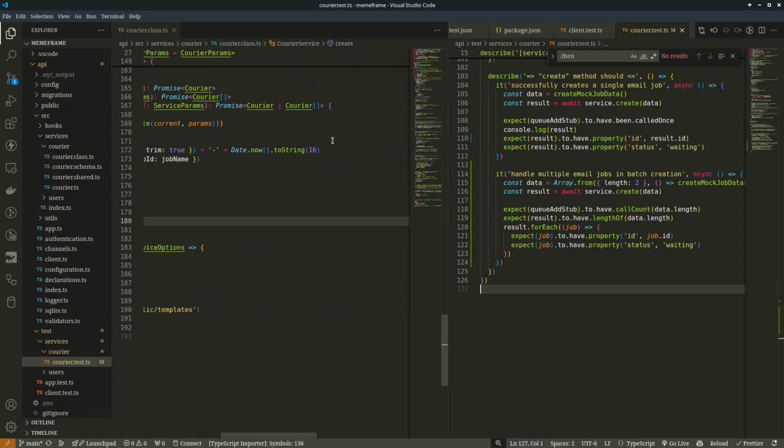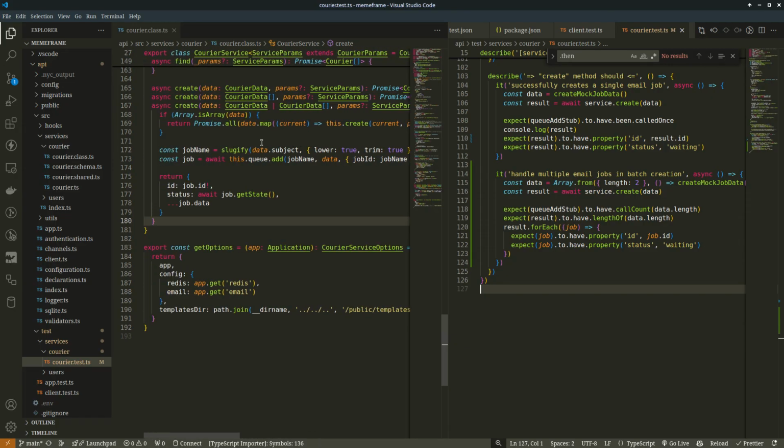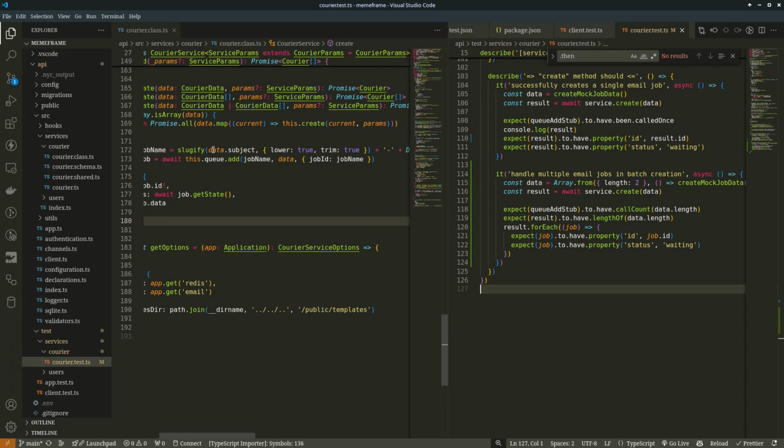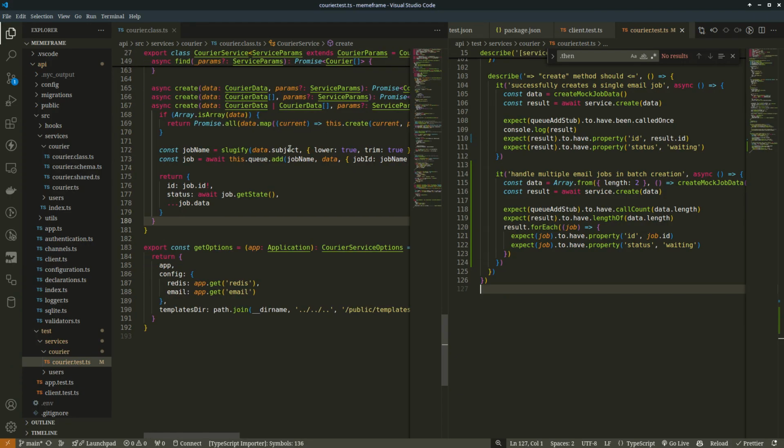We ensure that we took the subject of the data, like the email subject. So at least we know that we can use the subjects. So we take that subject. In most cases the email subject is usually unique, like you don't have it repeating itself. So we took that, then we slugify it. Slugifying it means we just turn it into these kinds of parts, like